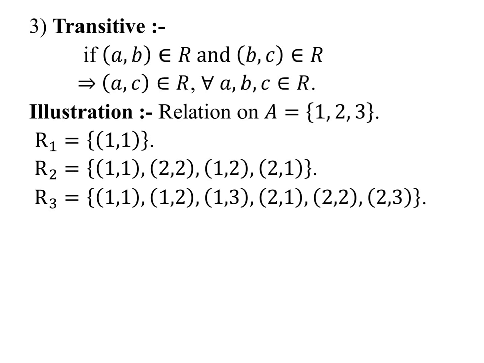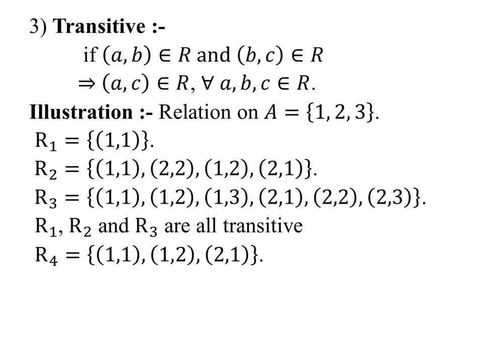Okay. Next (2, 1) and (1, 1). So then (2, 1) is in R3. Next (2, 1) and (1, 2), the answer is (2, 2). So (2, 2) is in R3. Similarly, (2, 2) and (2, 3), so (2, 3) is in R3. So then R3 is a transitive relation. So therefore R1, R2 and R3 are all transitive relations on set A.